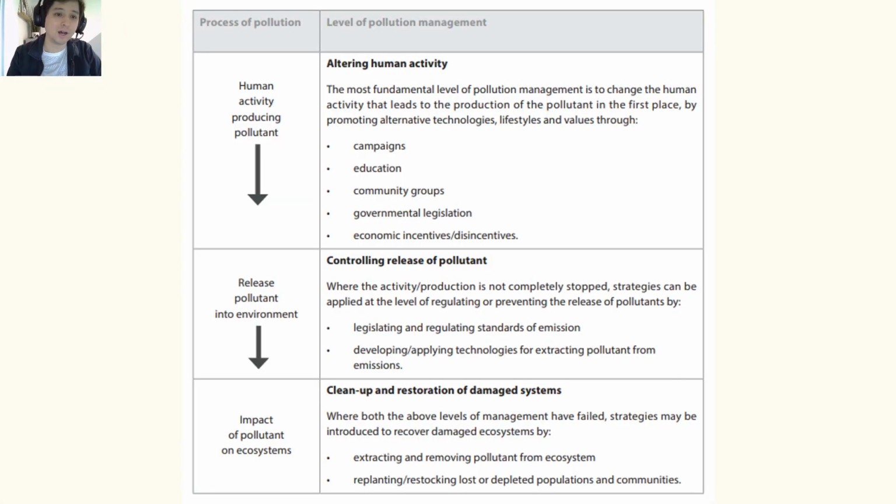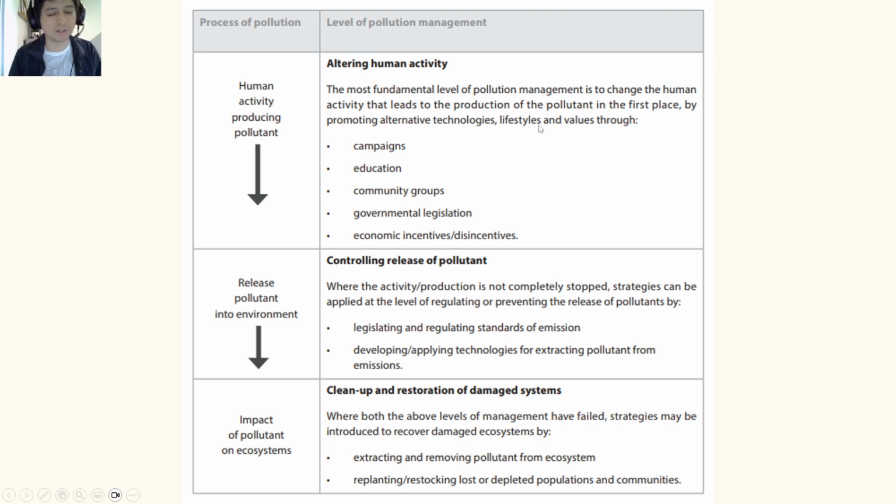So this is the chart. So the IB actually provides this chart. So you should be familiar with this chart. And it basically shows the 3. So at the top here, this is the first level. This is the second level in the middle, and then the third level at the bottom. And the point,